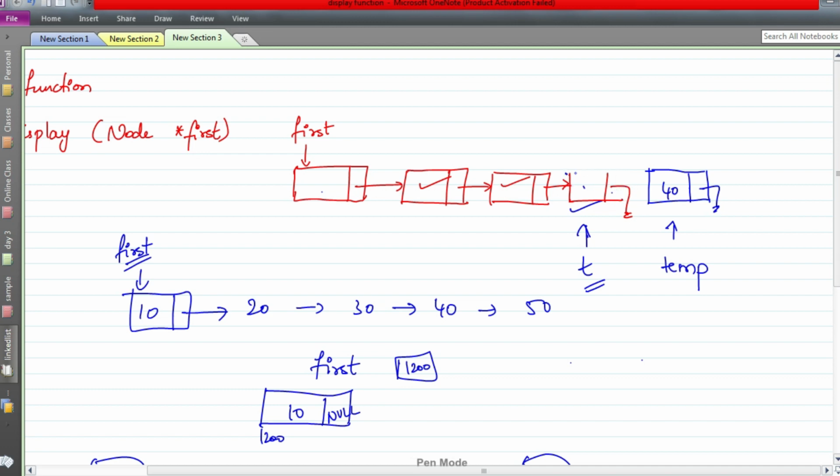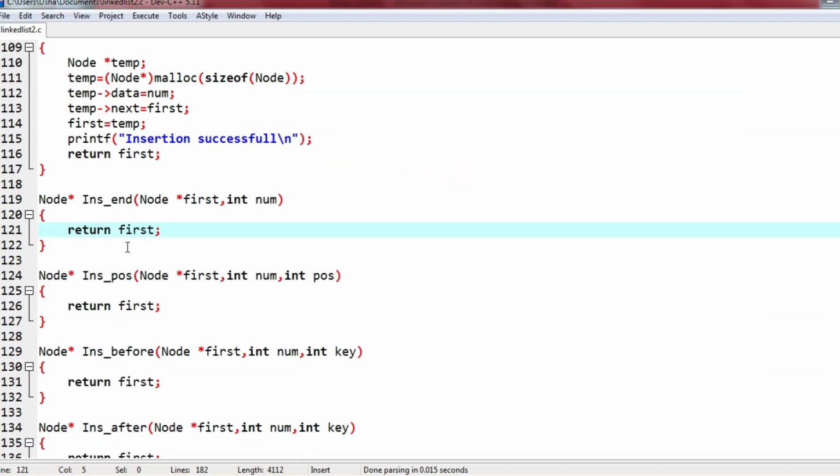Here I have to store the address of the new memory location that is created. So now I give t next equal to temp. Whatever is the address of temp is stored in t next now. Therefore this is now the last node. So this is inserting at the end. We are going to write the code for the same.